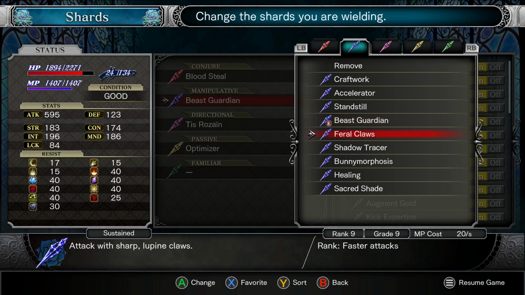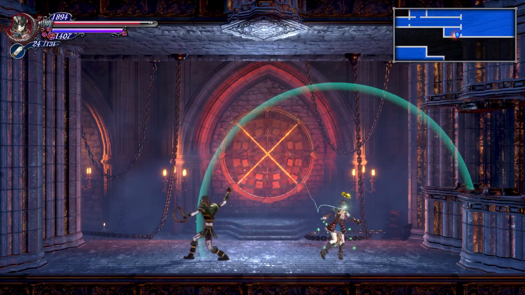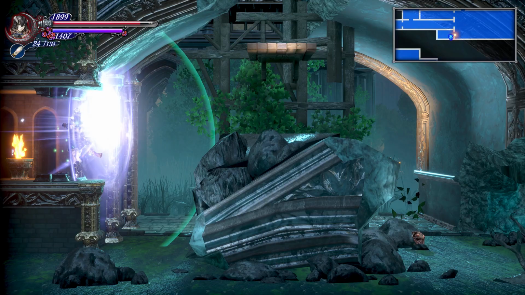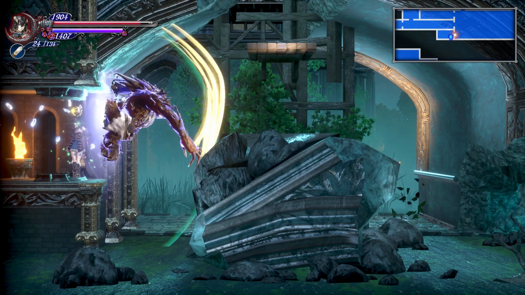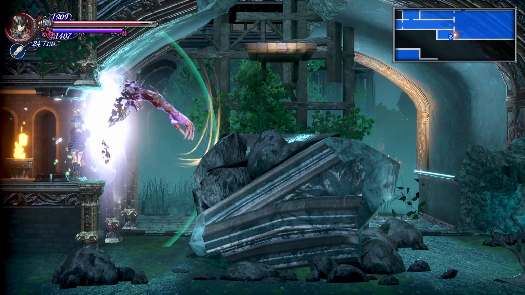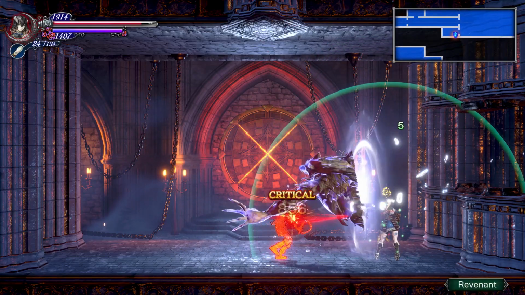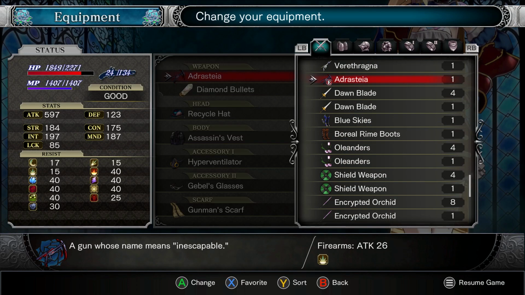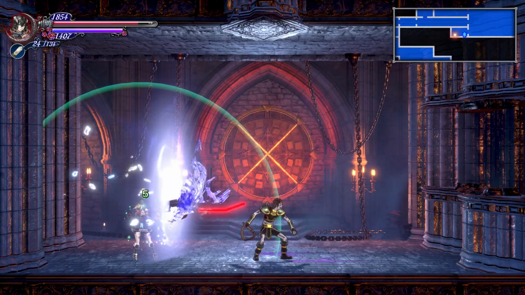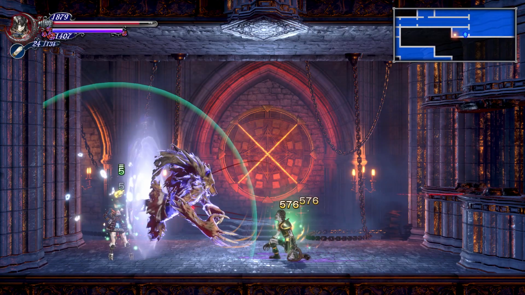I just think it looks super cool and it seems so useful in every way. All right. Next up is Feral Claws. Oh my gosh, Feral Claws. This ability is like the Beast Guardian, except instead of blocking, it attacks. It's the equivalent of that. This ability is very powerful when combined with certain fast attacking weapons. I guess it's actually pretty good with the gun too, as long as you keep your distance, because you get that extra...